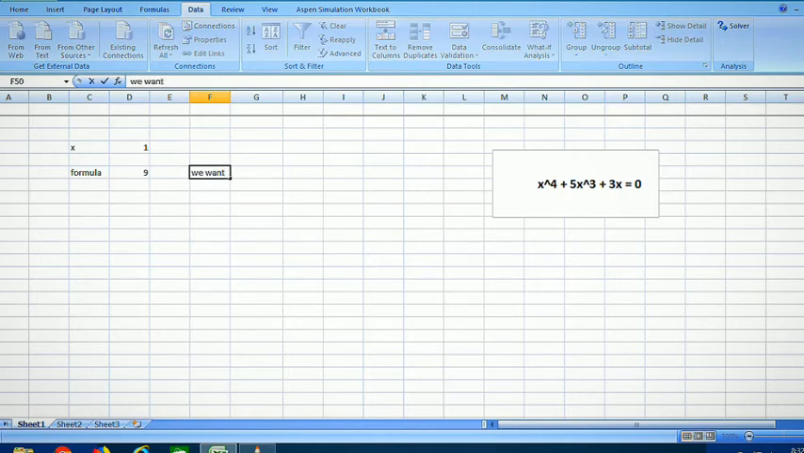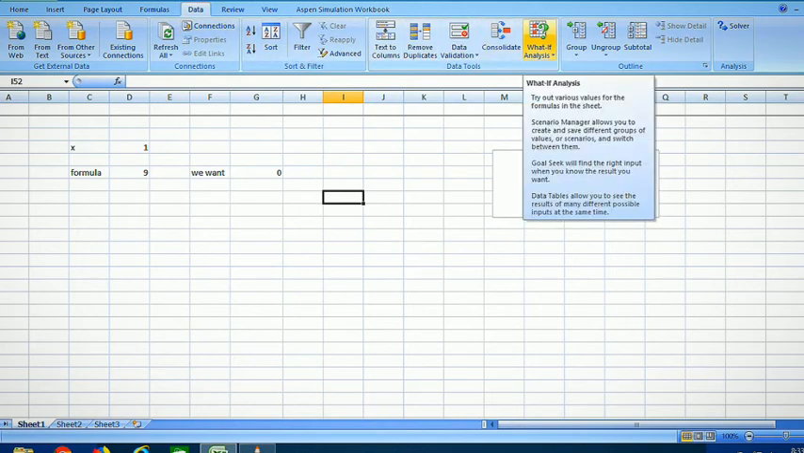So we have written the formula and we just need to compute it to get a final value of 0, that is on the equation's right hand side. So we want 0. Right now the formula is giving out to be 9 and we want it to be 0